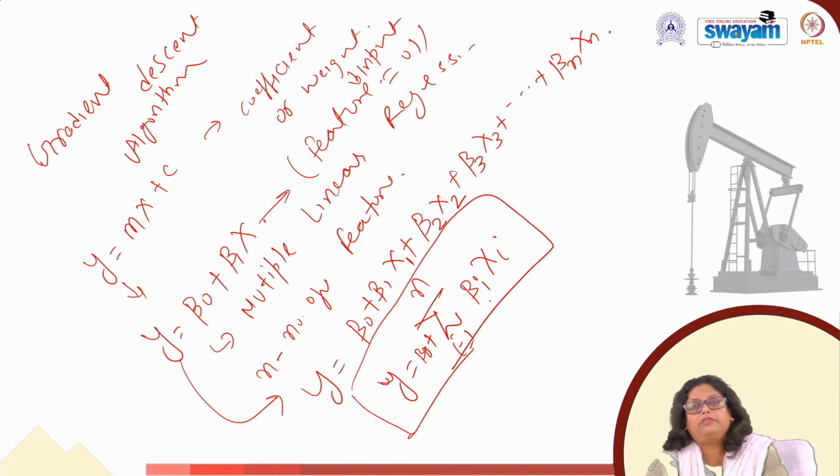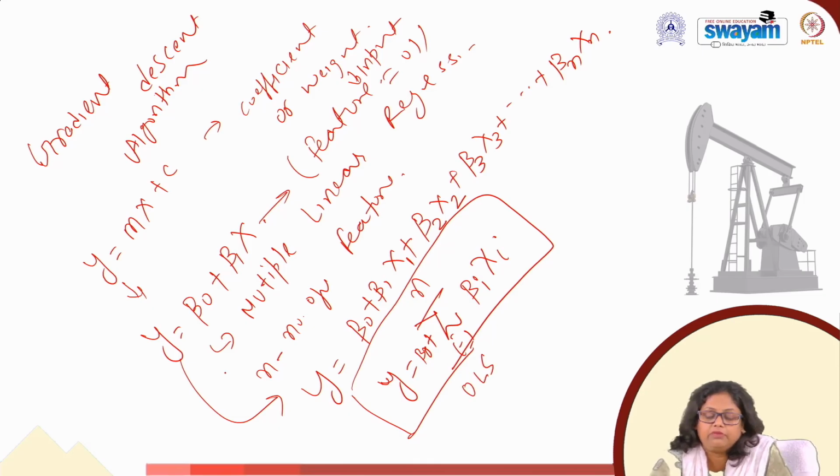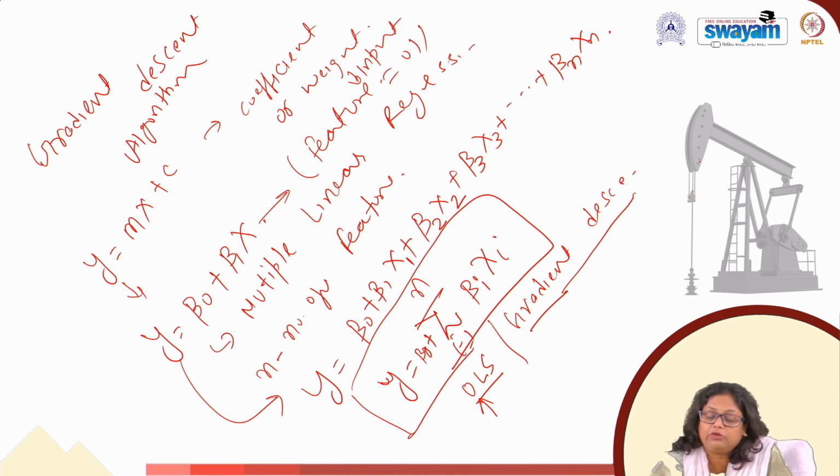So what limitation do we find with this? There was OLS, the one we were talking about, and then we started with gradient descent. My linear regression is based on OLS, but when we go to higher dimensions or take many features, it does not give very appropriate results. In that case, we have to move to the gradient descent algorithm.